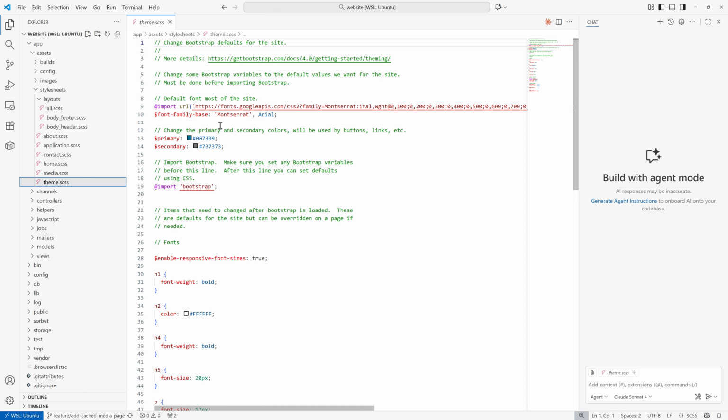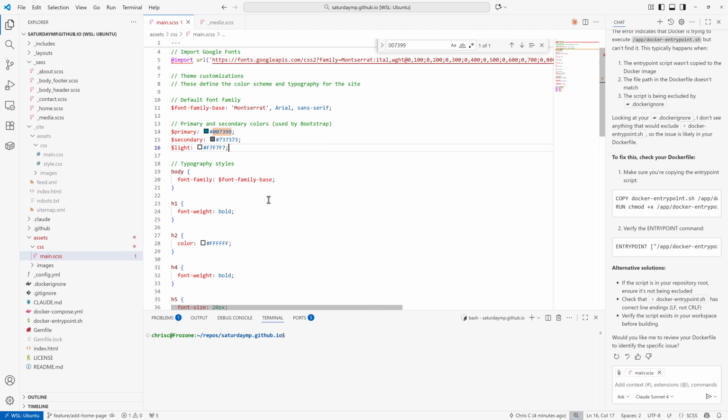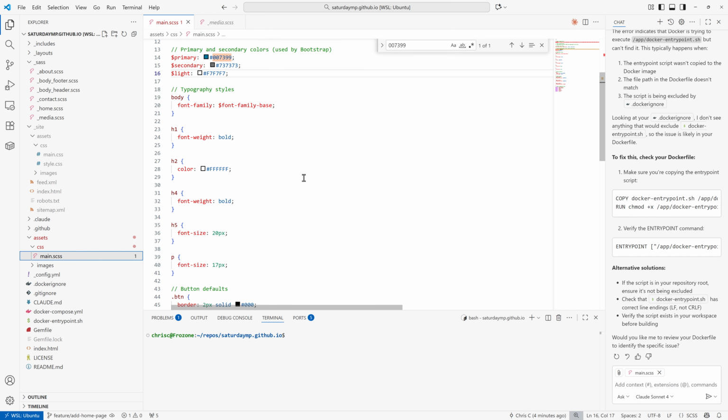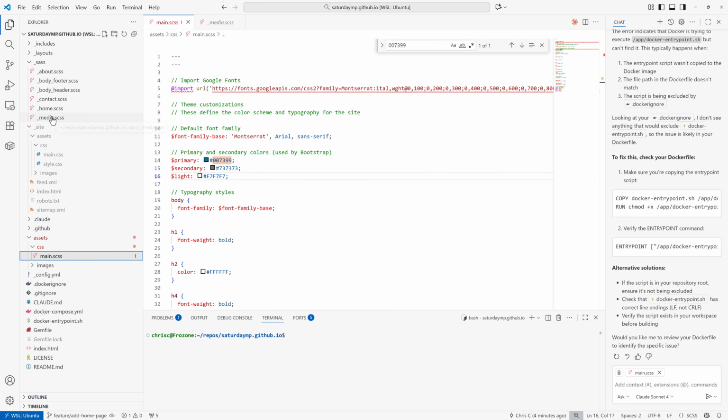Oh, maybe the problem is the order it's all getting loaded in. Because if I remember, this has to be done first. Otherwise, it'll get confused. So maybe, I wonder what the loading order for this is. Right, yeah, it's all here. So this should be first. But if I go look in here,